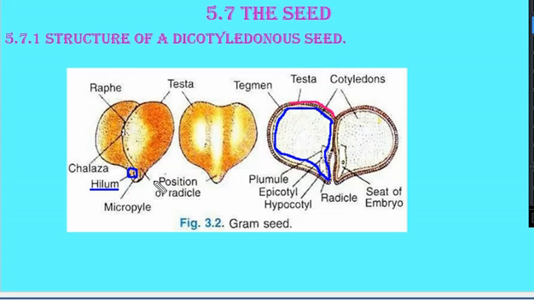Just above the hilum there is a small opening. That opening is known as, here you can see, a small opening. So this opening is known as micropyle. The best way to observe the micropyle is, take some gram, that is